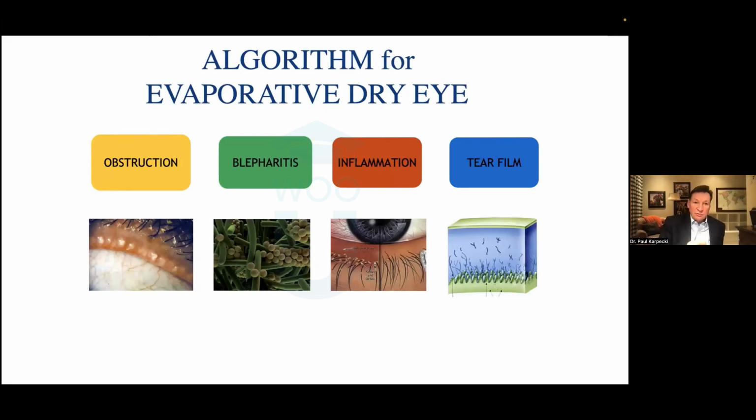So you might have to do a contact lens patient with evaporative dry eye, meaning you expressed the glands, didn't look good. Probably a hydrating compress. You probably have to do a treatment for the eyelids, depending on, especially collarettes, that's Demodex. You're probably going to need the new lotilaner, 0.25%. Inflammation, if it's really bad, you might start with steroid, but typically a cyclosporin, maybe an omega fatty acid. And tear film, you could start with artificial tears, the new perfluorohexyloctane, but something that gets at each one without getting too complex. Why do a lot of people do IPL? Well, it helps with obstruction. It helps with inflammation. So people get at least 2 of the categories there.